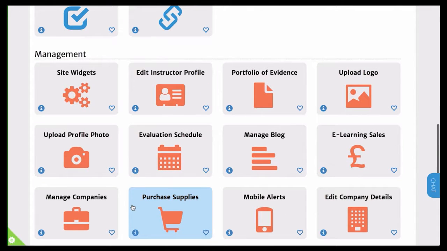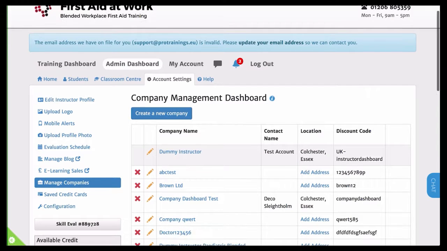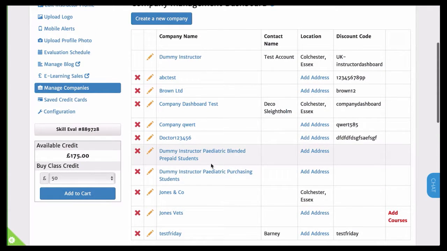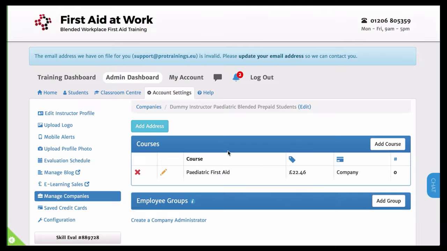So in my Manage Companies section, if we go there now, I have a separate sub-company for paediatric blended prepaid students and paediatric purchasing students. It's up to you if you want to do this, but it makes it simpler for me. So in my paediatric blended prepaid students, I have added the paediatric first aid course at my discounted price, which is the 10% off the classroom price because they're using my instructor code, and I can add credits for them